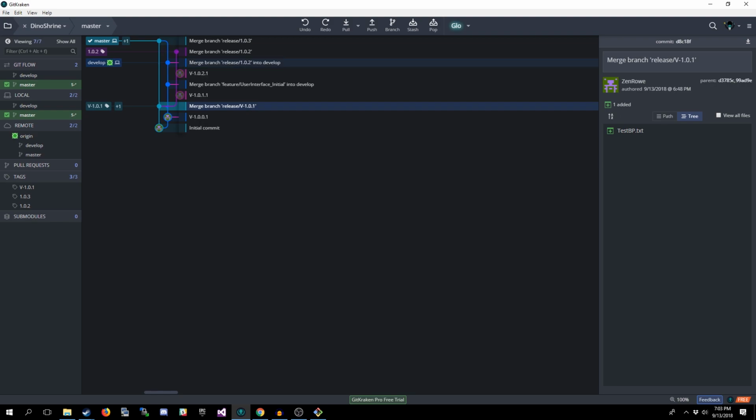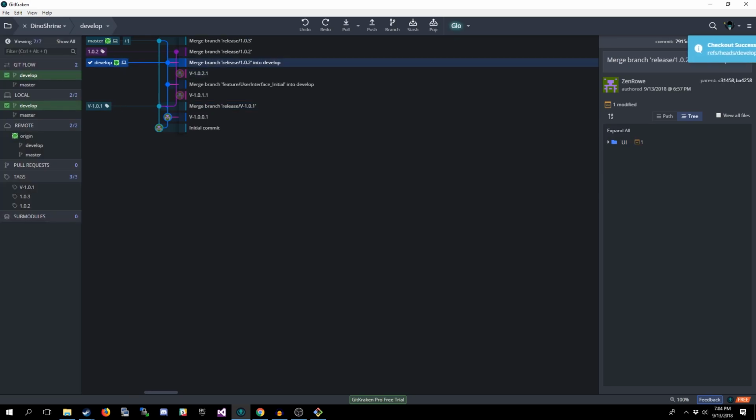Develop's down here. Yeah, so what happened was when I did that undo at the beginning there, I did an undo earlier, and what it did was it deleted one of the commits from the merge. So it didn't actually have the final commit from that pull. And it kind of broke that a little bit. Check out develop. Push that. So develop and master are now on 1.3, where they should be.